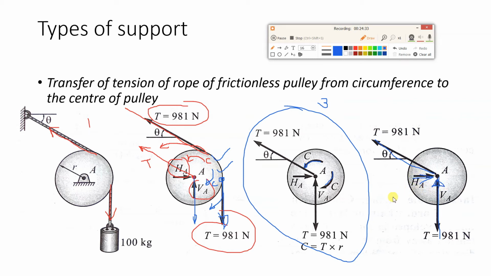So basically, if you consider a rope and a frictionless pulley, even though the tension is along the circumference of the pulley, we can directly transfer it to the center of the pulley, but it should be parallel. So directly you can move it over here. So I have moved this and I have moved this, and then I can cancel this part. Why? Because whatever net couple is there, after moving, in this direction there will be C, and in this direction it will be C. So they are cancelling each other. So this is cancelled, this is cancelled. So we can directly move this. That is the logic behind directly moving the tension which is there on the circumference of the pulley to the center.